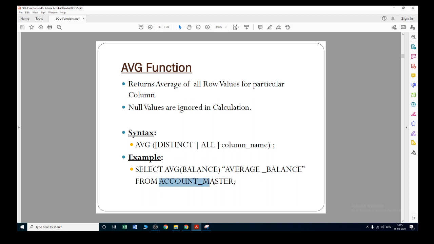There is a table called account master. From the table, it is going to return the average balance. Balance is the column name. From the balance column, it is going to return the average value, and that is specified with the column name average balance. This is a new column name.